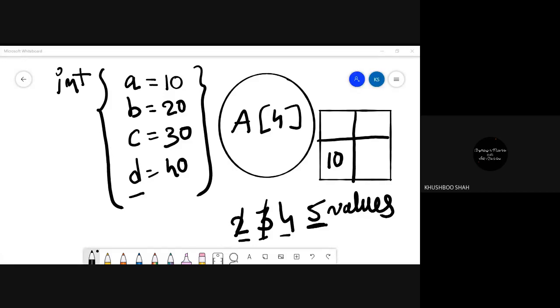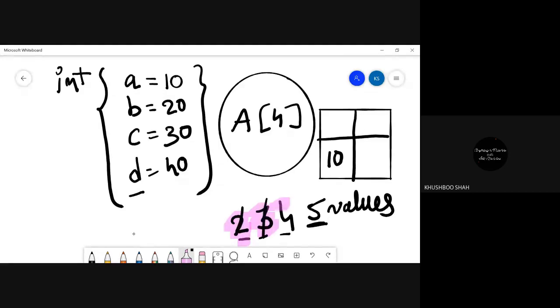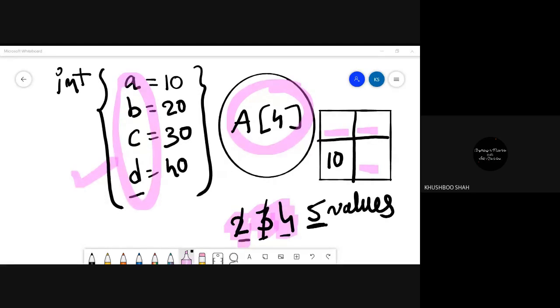Okay, so our concept is if 1, 2, or 3, up to 3 or up to 4, depends on the definition. If we want to store the different values in the memory, in that case, we can take multiple variables. But depending on the definition and the requirement, we choose whether we really need to take different variables, or we need to take the array. So it solely depends on the requirement, right? Now, next question. So this is about the variables and declaration and array and all.